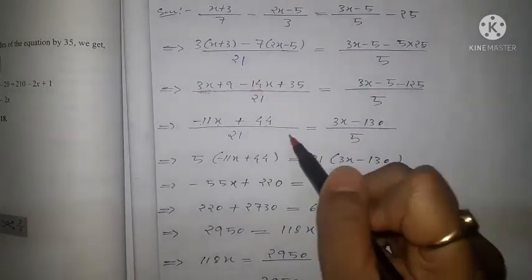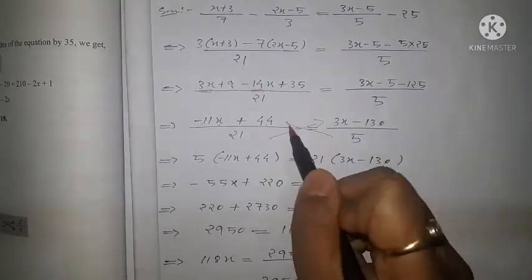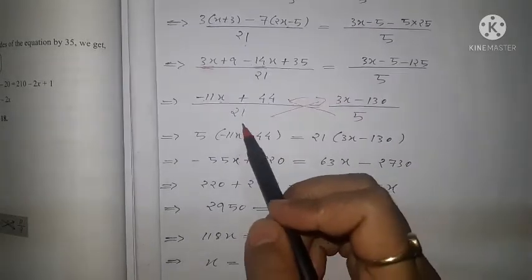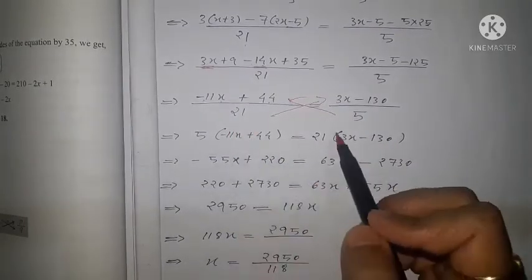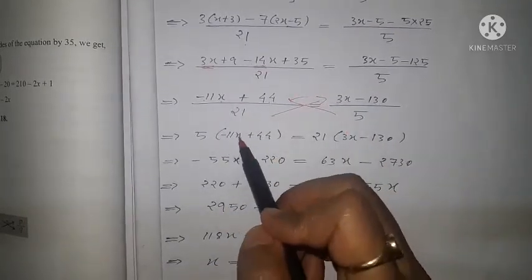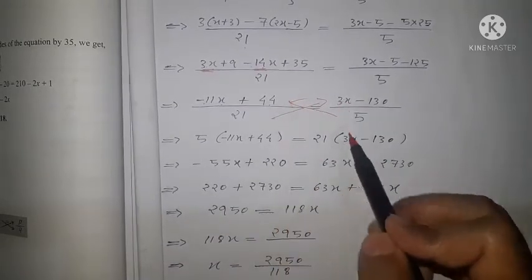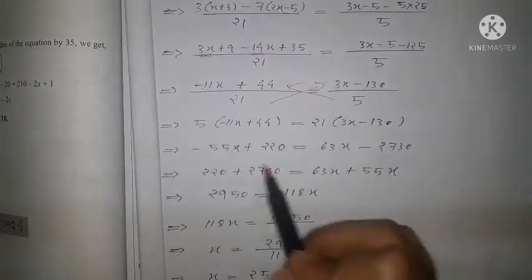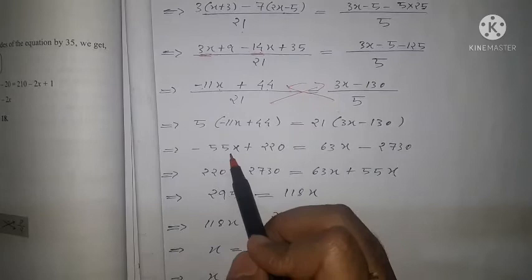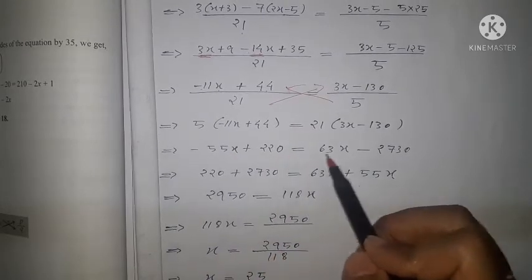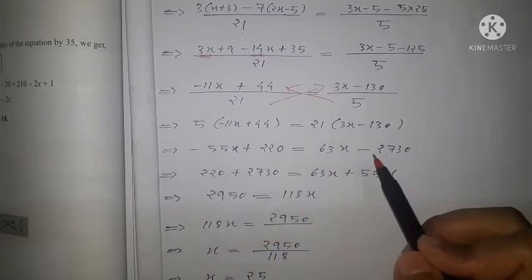by 5. So now we cross multiply. If we cross multiply, let's see what happens. This 5 we multiply with minus 11x plus 44, and 21 we multiply with thrice x minus 130. So after the multiplication, it is minus 55x plus 220 equals 63x minus